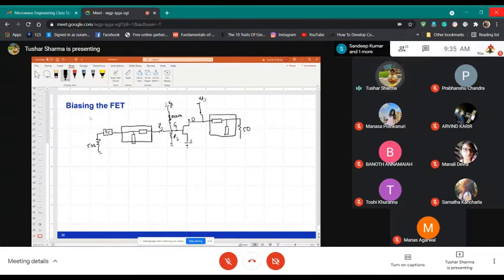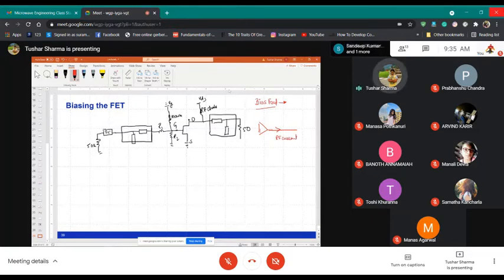Okay. Now, in practical cases, this is your RF choke, this is RF choke. So what do you want? What is the task of the bias feed, right? In this path from your PA, your RF current is flowing.